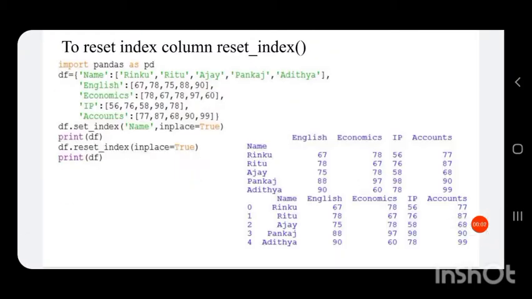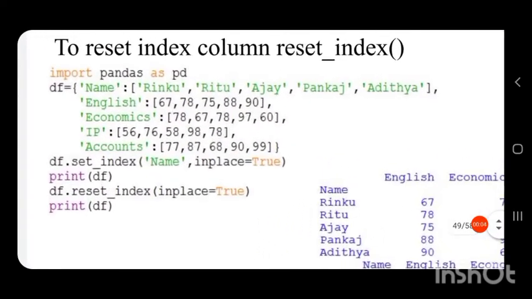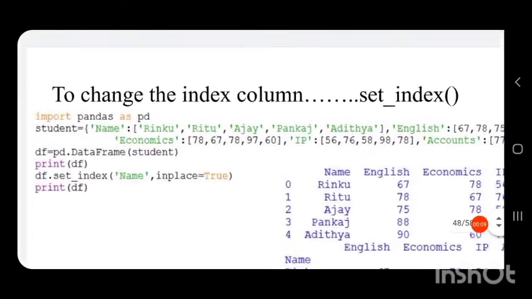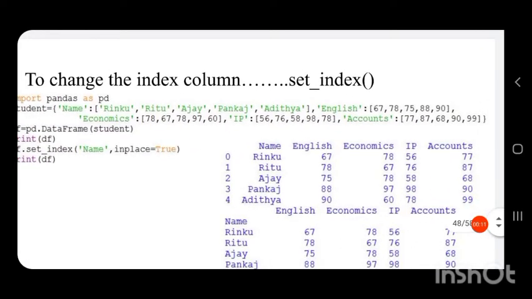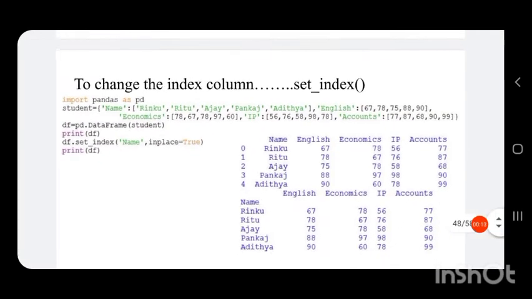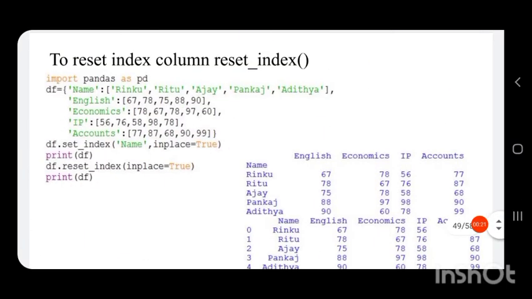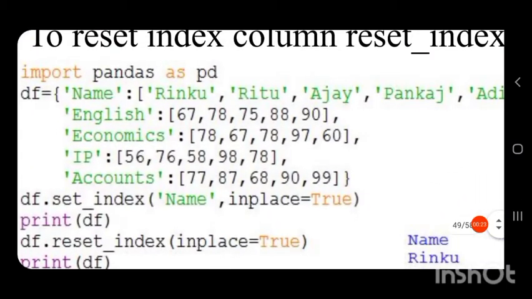Children, there is a mistake here. It is not df here. Student is the dictionary and we are converting this student into a data frame. df is equal to pd dot DataFrame student.